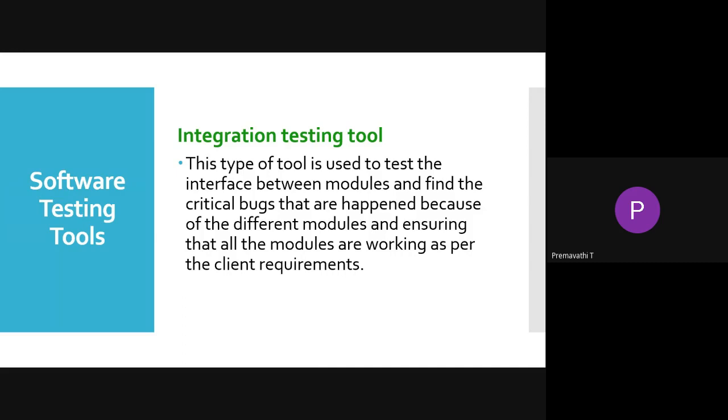First we have to integrate all those modules, then we have to test in a single phase. That is, after combining all those modules, we start our testing, to see whether it works logically or not. But in the incremental approach, we take each and every module and do the logical testing, then integrate all those modules, and then go for the functional testing. For that, we are using the integration tools.